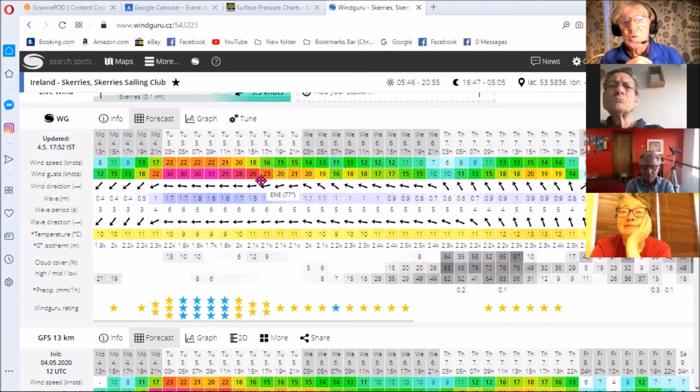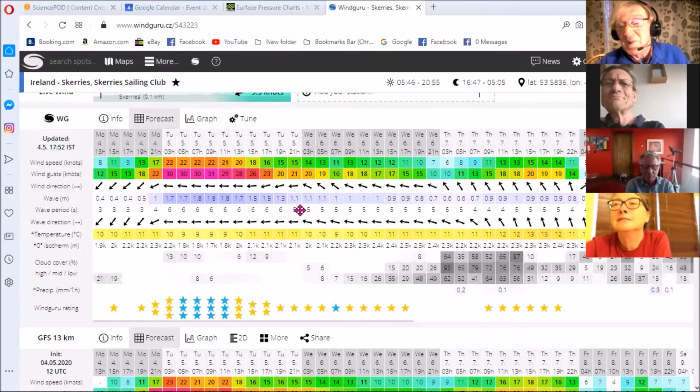And I hope you're able to see it, but up near Norway, they're going to have gales because the isobars are even closer still, right? So that's the thing to watch out for on weather charts. Now, to some degree, looking at weather charts like I've been doing is probably a bad habit when you consider how accurate modern weather forecasting is, both in terms of wind direction and wind strength, and even the timing of wind